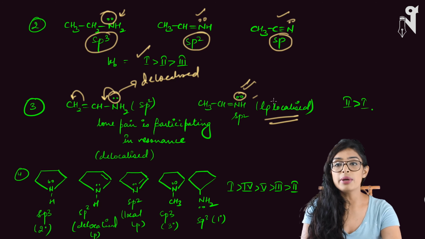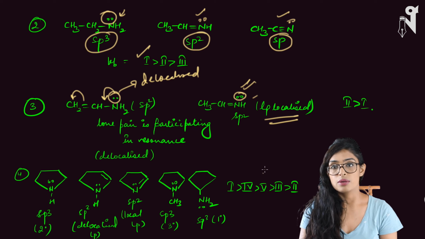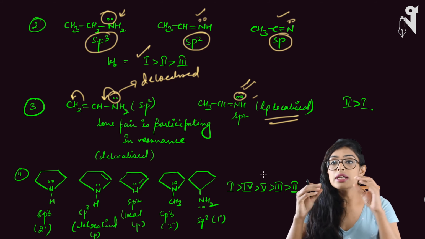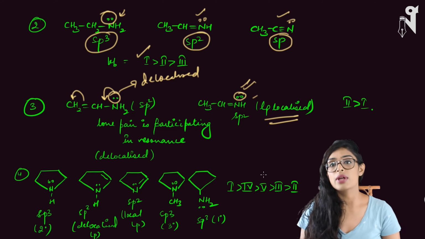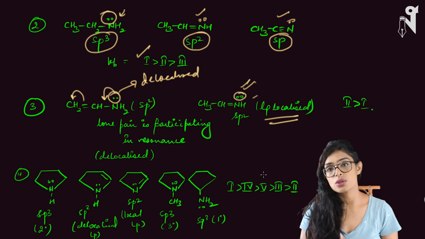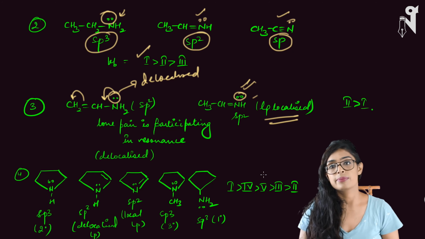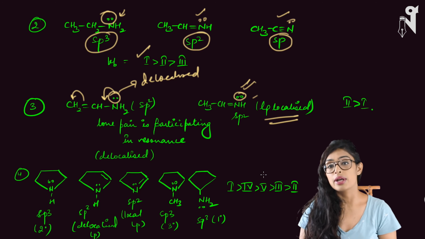So if I have to compare, both are sp2, so electronegativity is no different. But in the delocalized one, the electron density is not staying with nitrogen. So if it is not there with nitrogen, how will it give it away? Right? So more electron density around any atom, more basic strength it should have, because more negative charge it has to give away. But if it doesn't have, then it cannot give it to anybody, right? Then it cannot donate it anywhere.